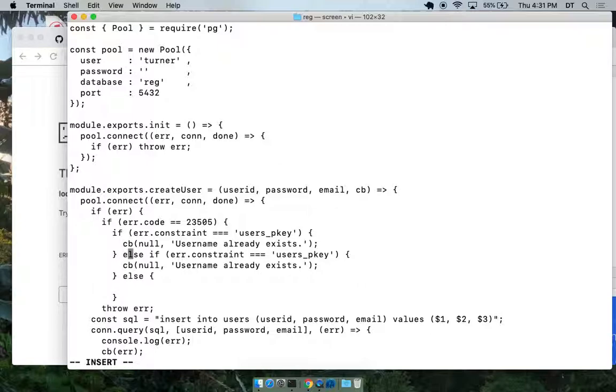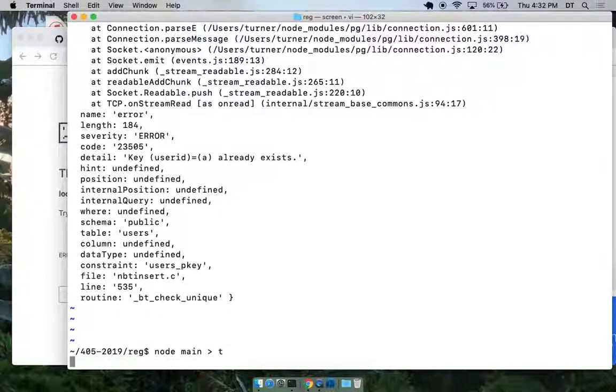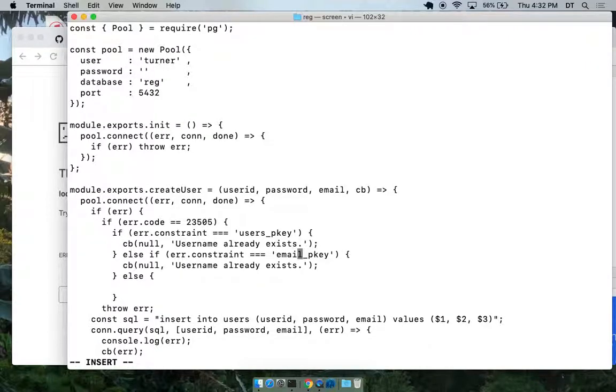So if the constraint is, this is user's p key, so it's going to be something like email. Wait a minute. How did that come up before? I'll have to run it again. Wait a minute. Ugh, I must have saved the file. Damn. All right.